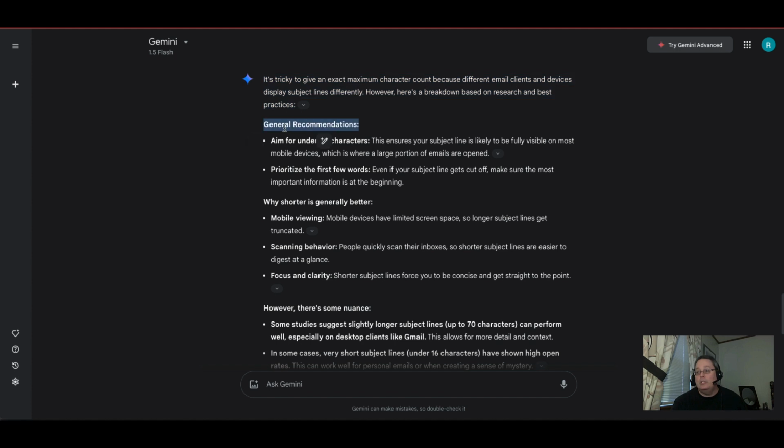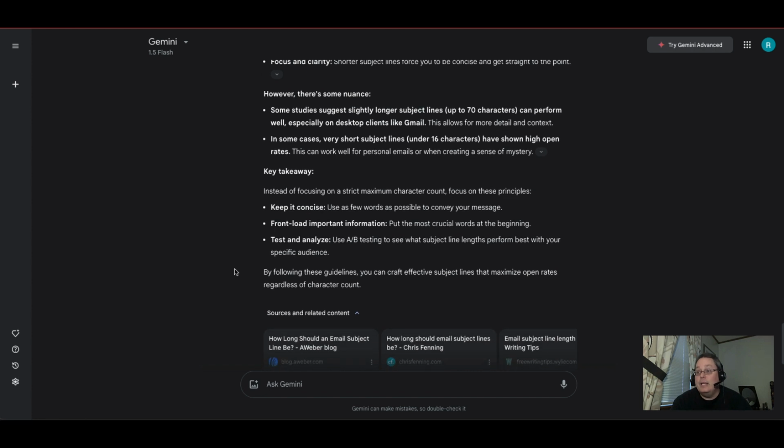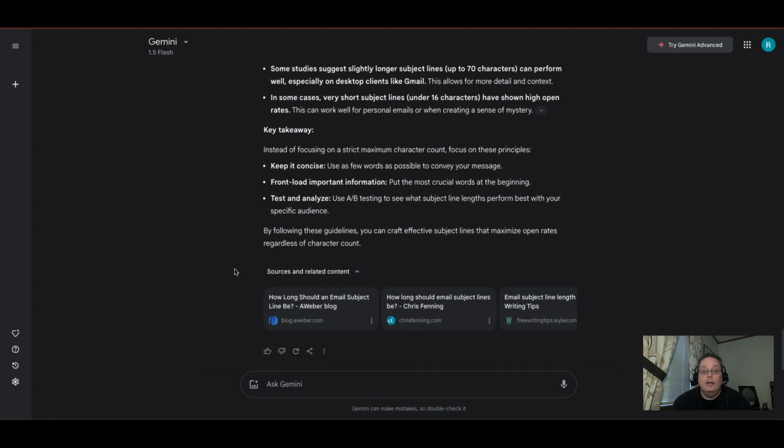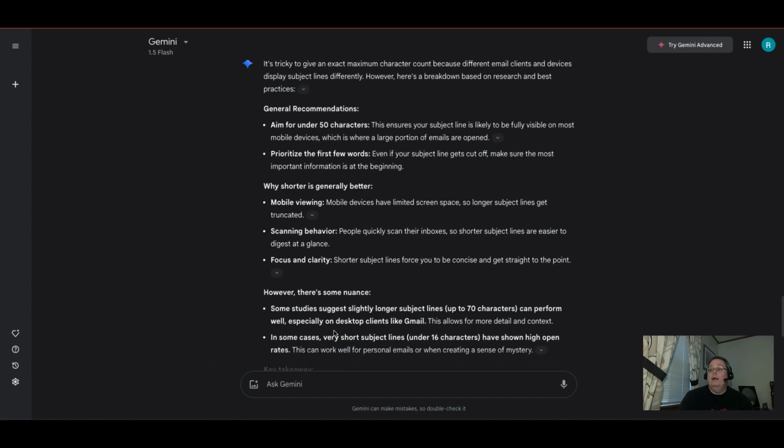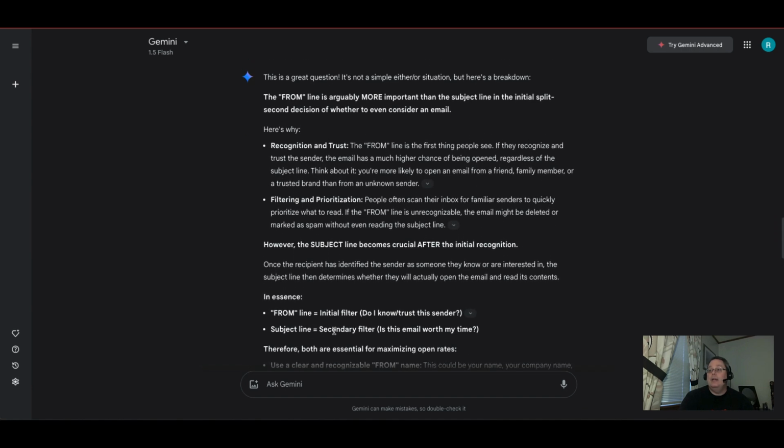General recommendation or best practices, aim for under 50 characters. Prioritize the first few words, right? Why shorter is generally better, all right? However, there's some nuance, right? There's some key takeaways here, and understand that there are multiple guidelines, all right? So understand that all of those things matter when you are crafting your email. But understand in the aspect of getting your email opened,